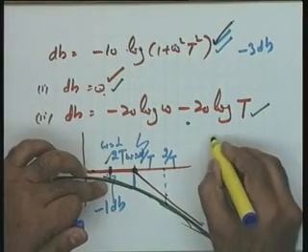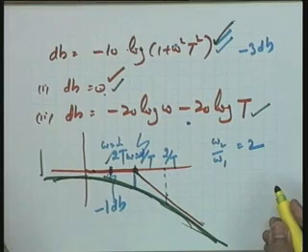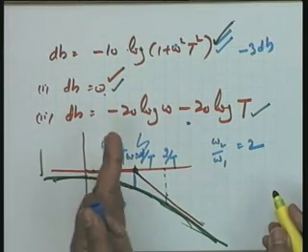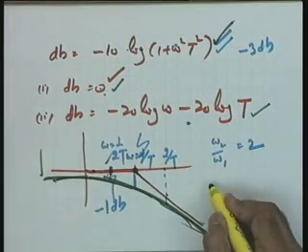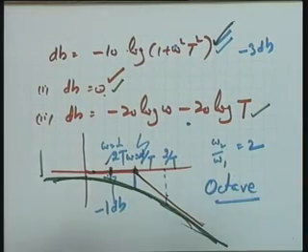And this frequency ratio omega 2 by omega 1 equal to 2, a factor of 2 on this side or a factor of 2 on the other side, is referred to as an octave of frequency. Like a decade is a factor of 10, an octave is a factor of 2. Okay. Now, I sum up and wait for your questions please.